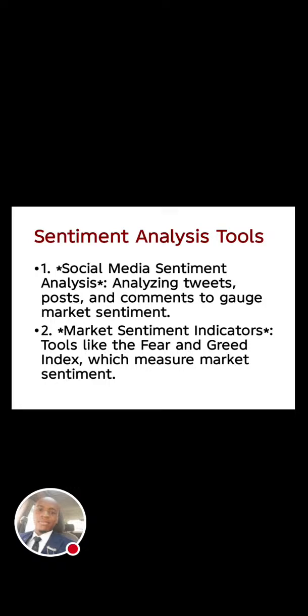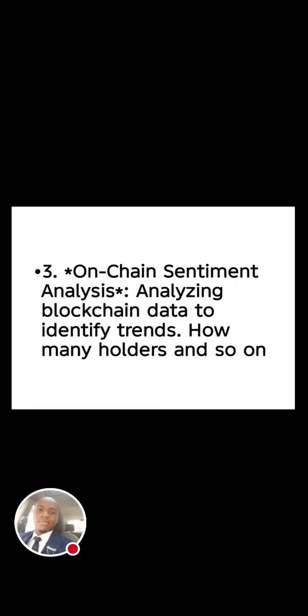Another thing you look at in sentiment is using indicators like the fear and greed index. I think I've explained that already. And another thing you look at when using sentiment, which is emotion, is on-chain sentiment. You check the number of people holding the token. Like the token I think I dropped, a meme token, and I said people should jump in, but they should endeavor to take profit immediately there is a good pump.